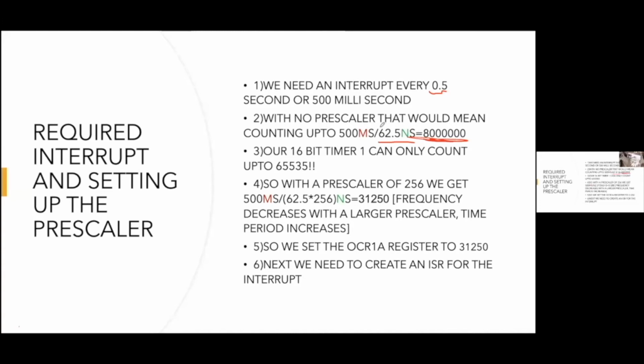The timer is incremented every 62.5 nanoseconds. So 500 milliseconds divided by 62.5 nanoseconds will give the number of counts. If it is confusing, let's say we wanted an interrupt every 62.5 nanoseconds, then we would be dividing it by 62.5 nanoseconds. So we get 1, meaning we will be getting 1 interrupt every clock cycle. If we double this number, we will be getting,